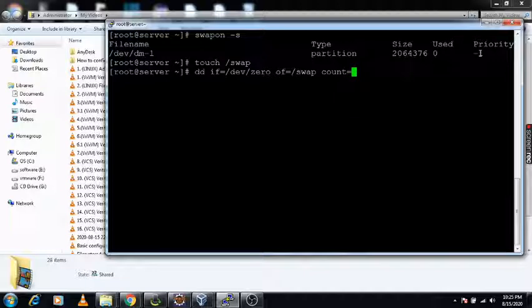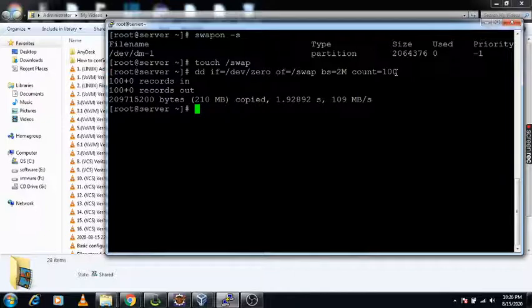I'm giving the count as 100, and before this count we need to mention the block size, using bs equals to, I'm giving 2M. So this 2M is multiplied with the count of 100, that means the swap size being created is 200 MB. I'm just entering. Now this file is created.